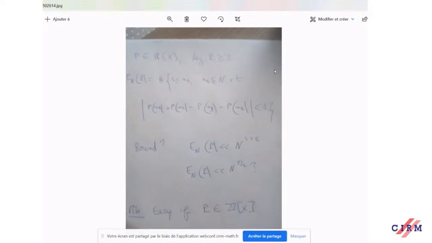So if you would have some polynomial with integer coefficients, usually you will count this thing to be 0. And it's not hard to do. But here you have real coefficients and you want to bound this. So trivially, this thing is between n^2 and n^4.